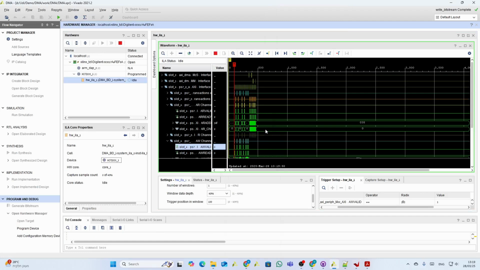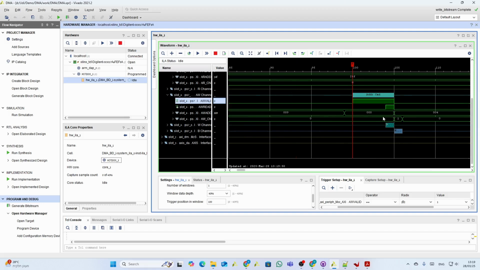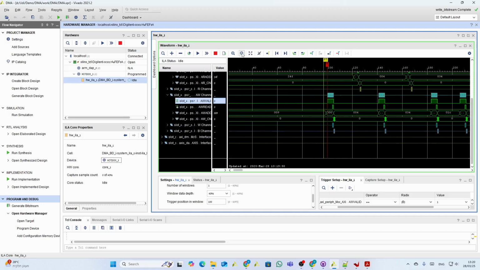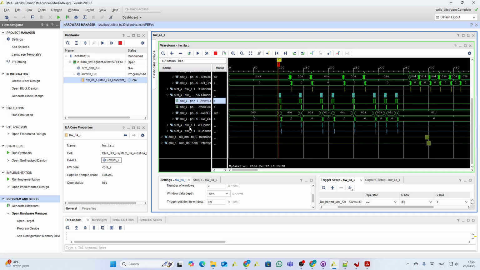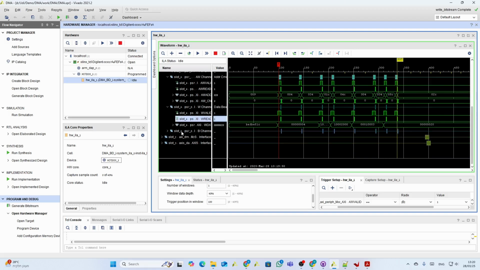And our ILA caught it. So here are the transactions. Here is what we wrote. We reset the TX, we reset the RX, we give the address for the TX, we give the address for the RX, we enable TX and RX, and we start the RX, we start the TX,